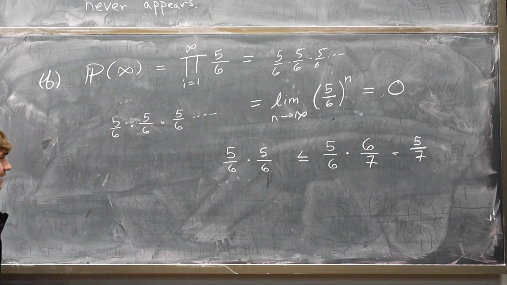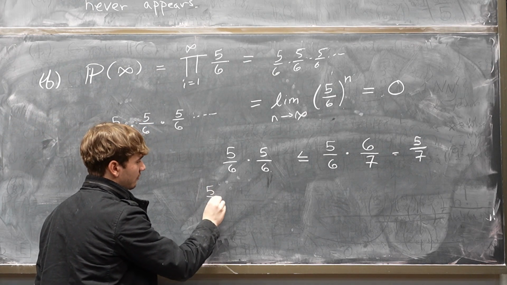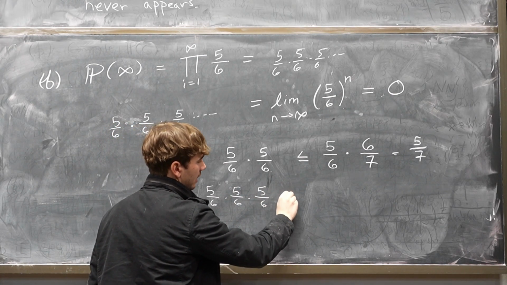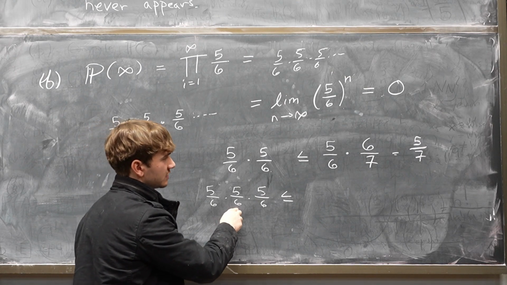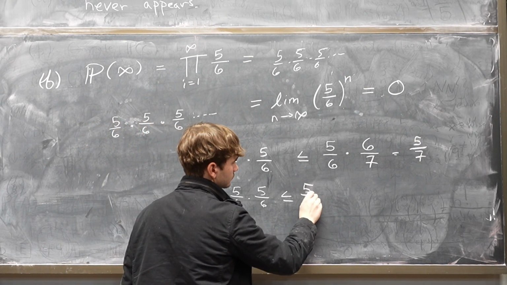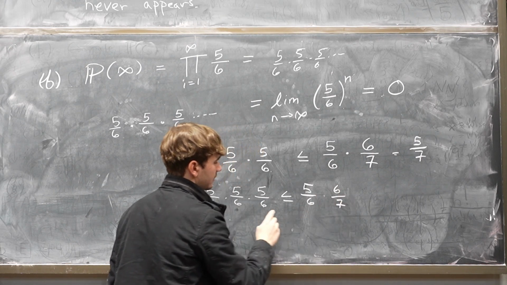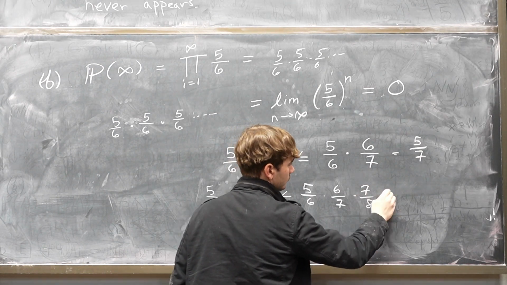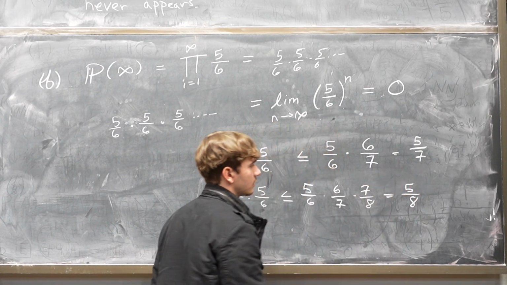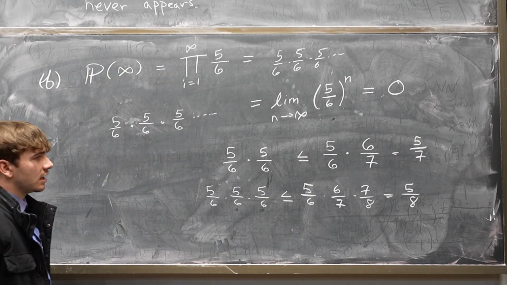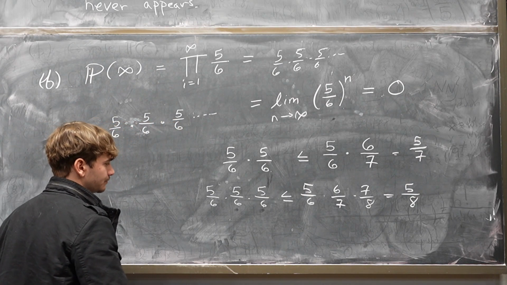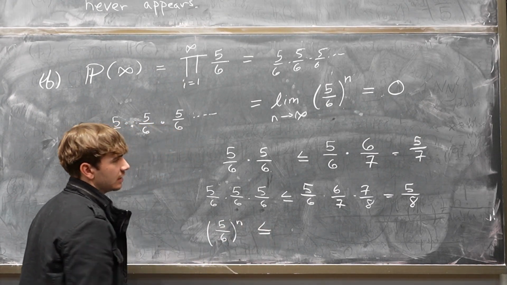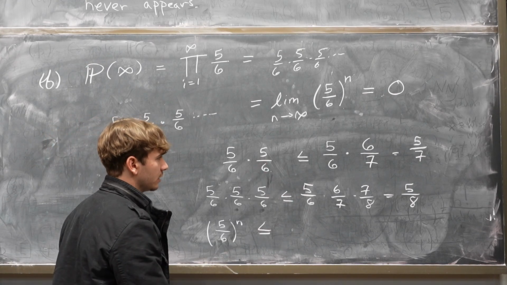Aha, so now I have a nice kind of trick. So now if I have 5/6 times 5/6 times 5/6, then I can replace this 5/6 with a 6/7, and then this 5/6, let me replace it with 7/8. And then if I keep doing this, I'll realize that in fact, 5/6 to the n is less than or equal to, inductively speaking,